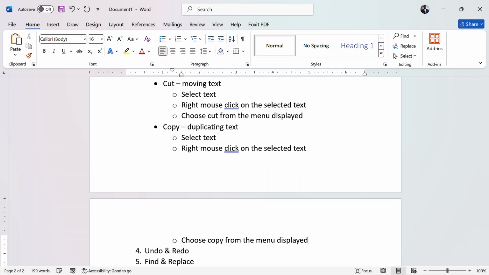So select the text that you want to copy, right mouse click on the selected text, and then choose copy from the menu displayed. But this time around, when you choose copy, the text does not disappear from where it was before. It remains there, but a duplicate goes to the clipboard.